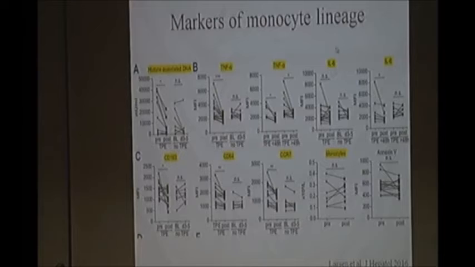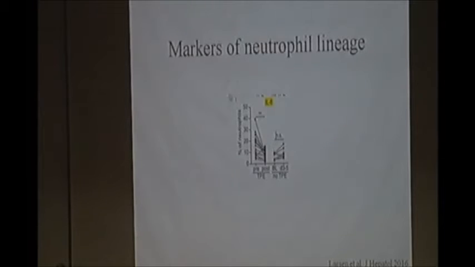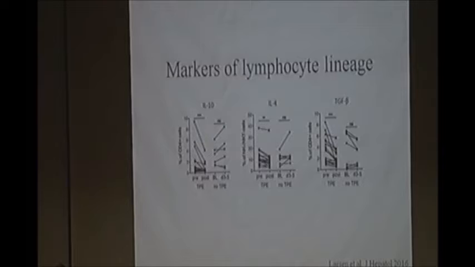Also, they showed that interleukin-6 decreased only in the cases where plasma exchange was initiated within 48 hours, but there was no significant difference if the plasma exchange was initiated after 48 hours. However, such a difference was not seen in other inflammatory mediators. There was also a decrease in the markers of neutrophil lineage, that is IL-8, in the plasma exchange group as compared to standard medical therapy, and in the markers of lymphocyte lineage.